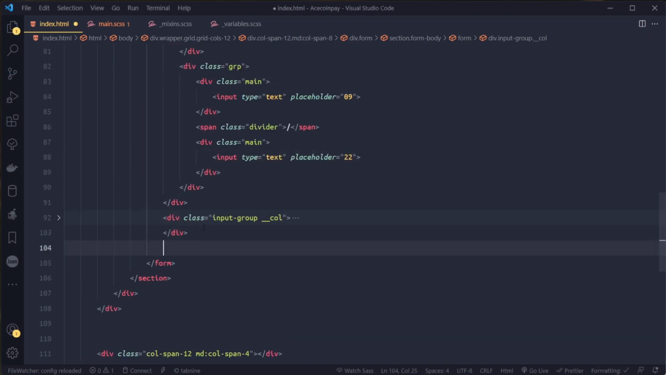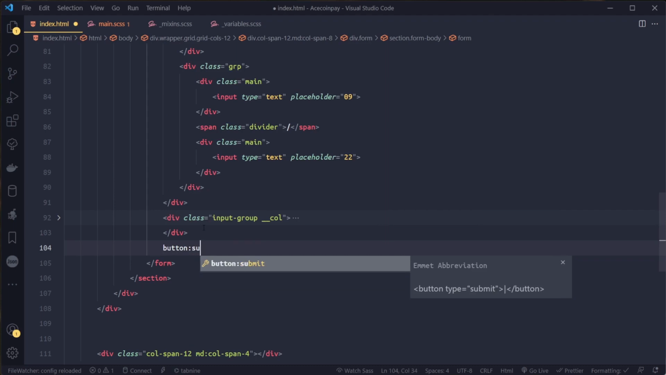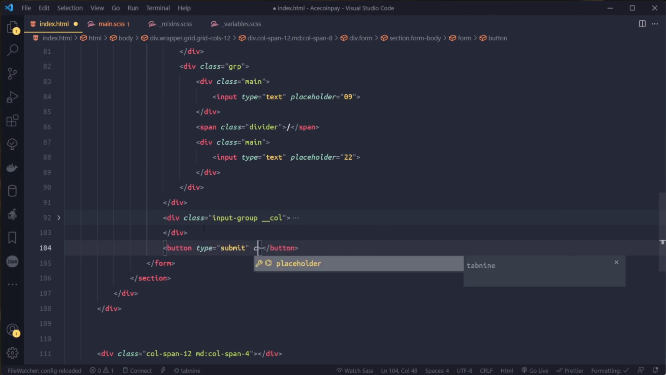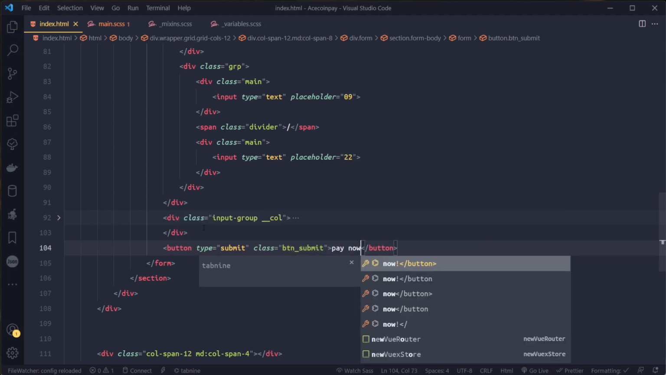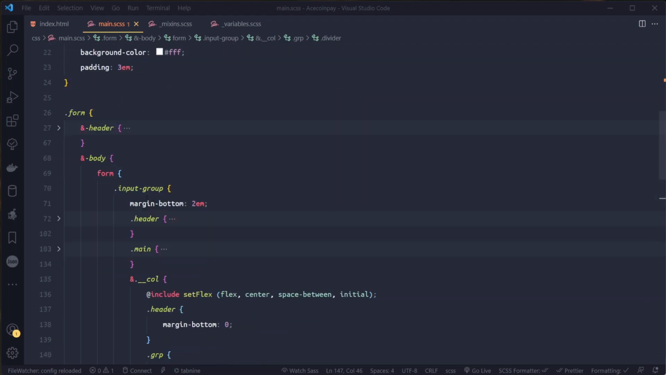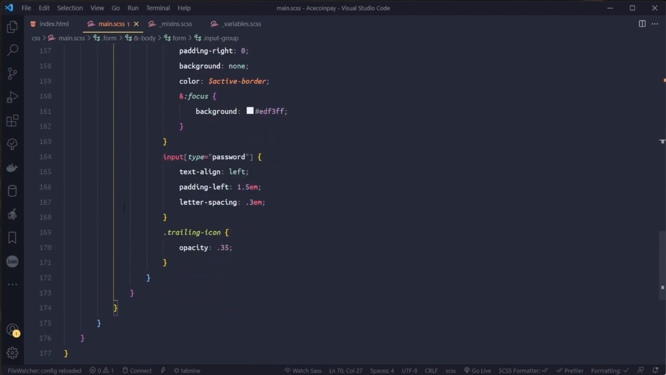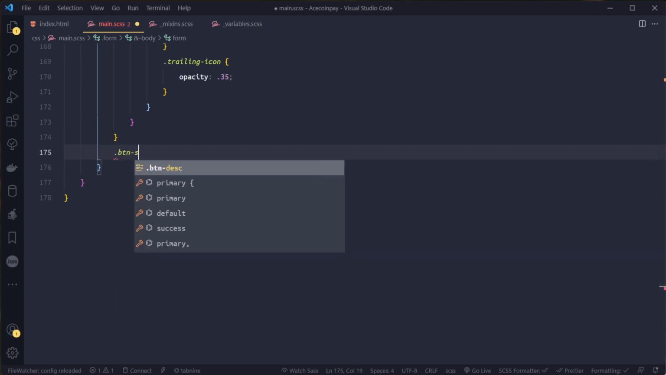So I'll come down and type button, type submit, and we'll give our class btn underscore submit. All right, so inside now we'll just type P. Then to our CSS, just after our input group here, we will target the button. To target the button, I'll just type .btn submit,